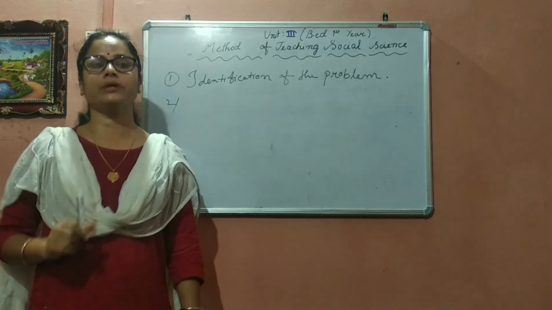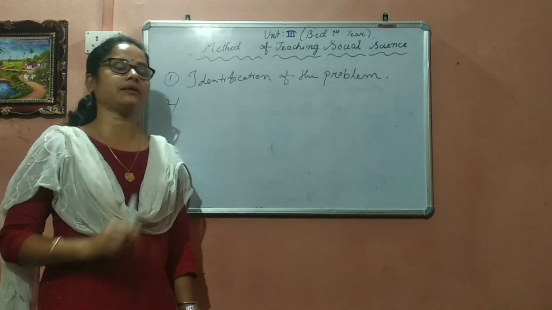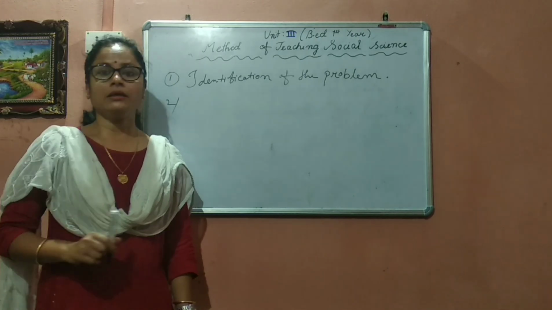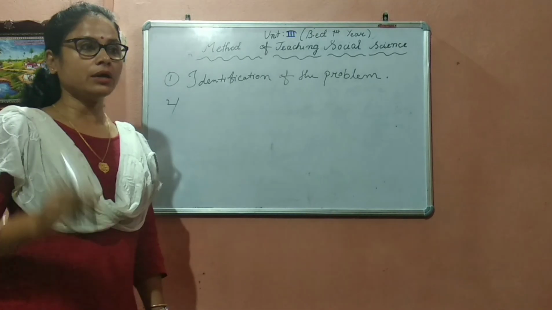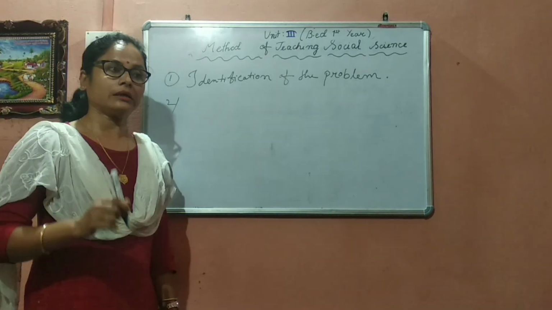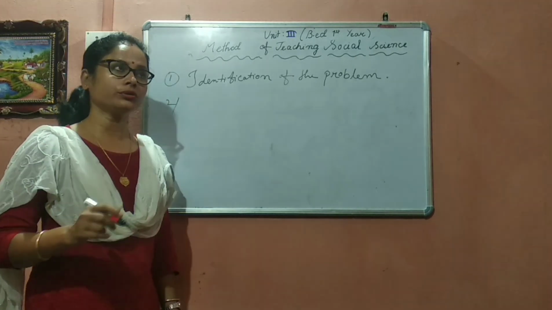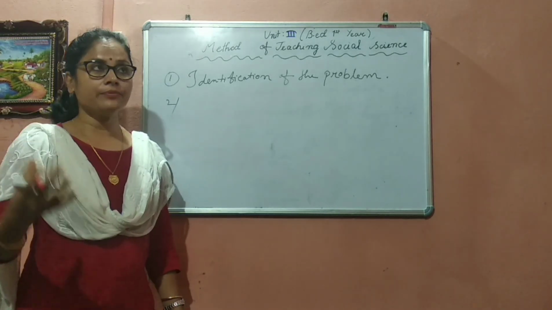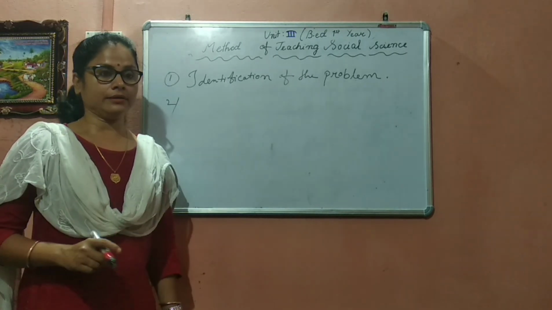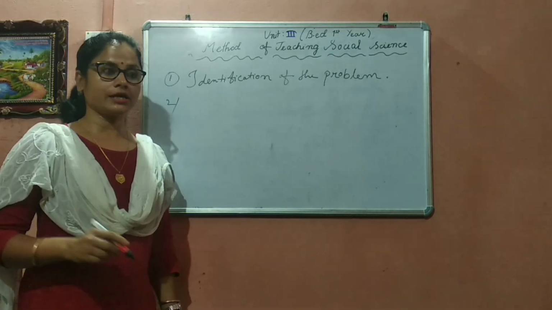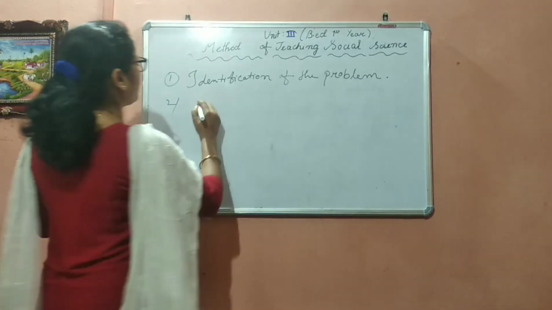In this step, teacher and students have to find out what exactly the problem is. What is the main problem? Then they have to understand and define the problem. Without defining the problem, we cannot arrive at a conclusion. So first of all, we should give importance to defining the problem, which can create ability, arrangement and a decision making process for the students.